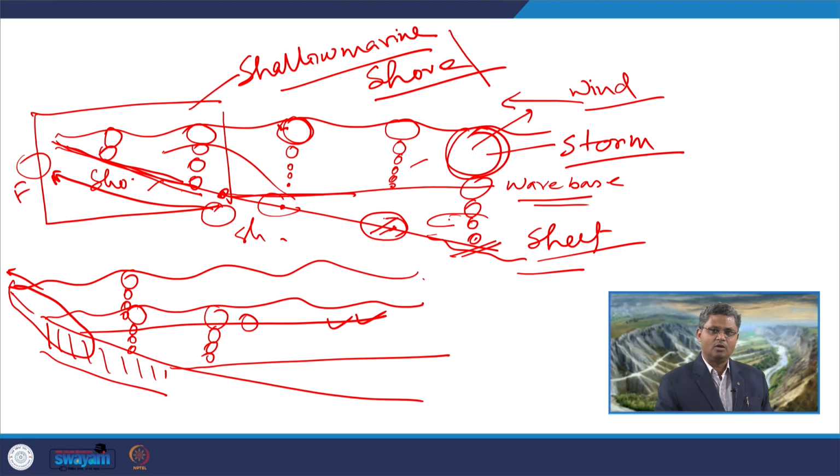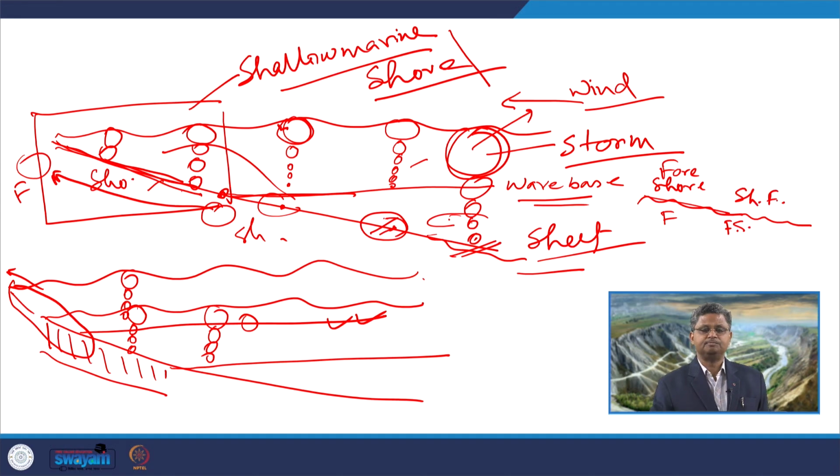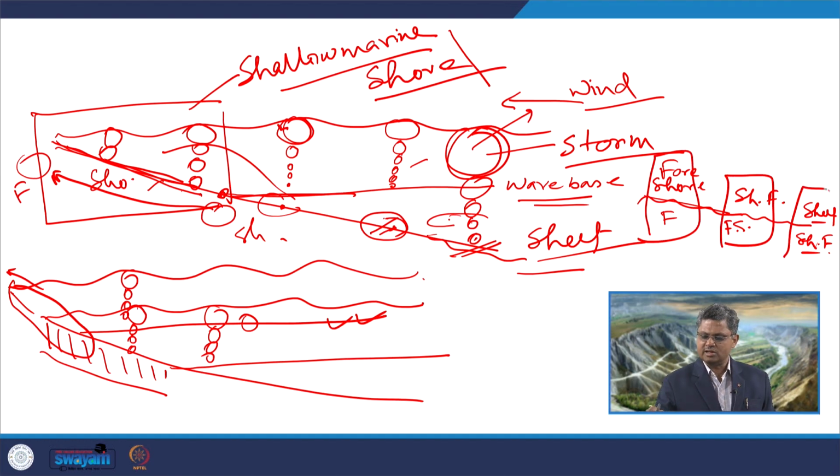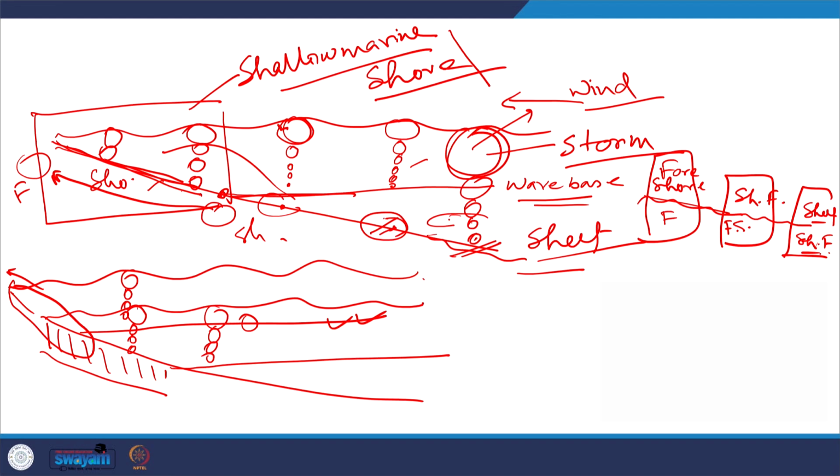So, what we get in one area is the fluvial sediments associated with the scour, overlain by the foreshore sediments. In another part, maybe the foreshore sediments are overlain by the shoreface sediments. In a further deeper part, maybe the shoreface sediments are overlain by the shelf sediments. So, we can get different combinations across this particular surface depending on where this erosion is going on.